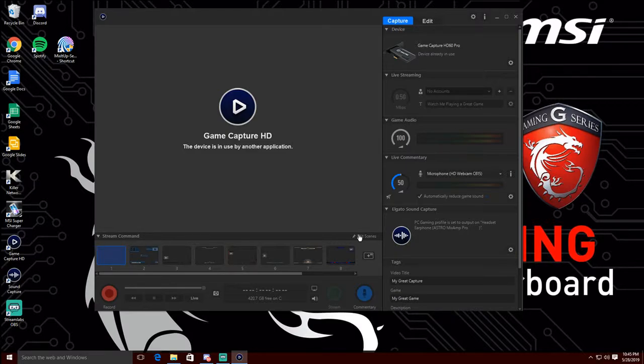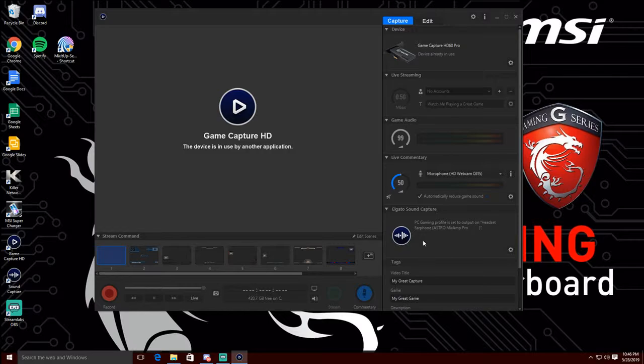Now, also what you can do is change the game audio volume, and I have it at 100. I have it on 100, and then I change it in game. I normally lower it in game or at the bottom of the screen for the desktop audio in Streamlabs OBS. That's normally where I fiddle with the volume. But here you can change it to 100, you can go down to 50,